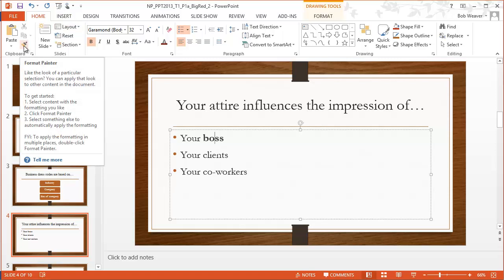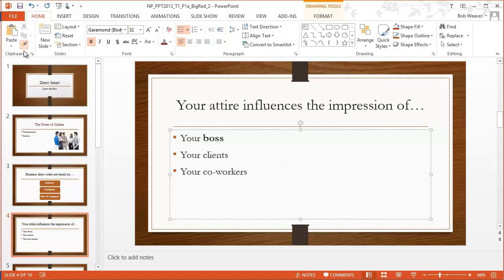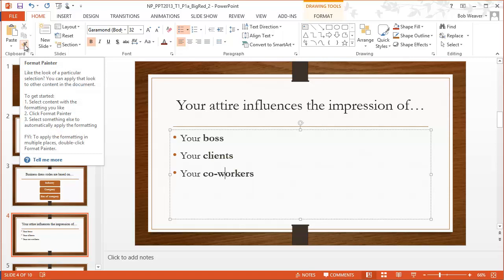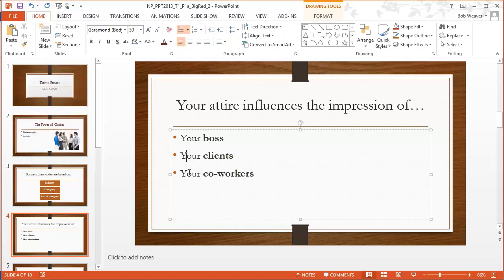and I have a couple ways of doing this. I'm going to try it the double click way. So I'm double clicking on the Format Painter, which means it will remember this format. And I can just click now on clients and click on coworkers, and it does that for me. Now I have to unclick the Format Painter button so it's not